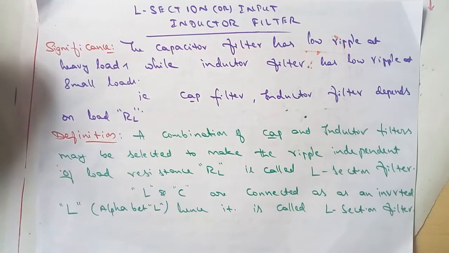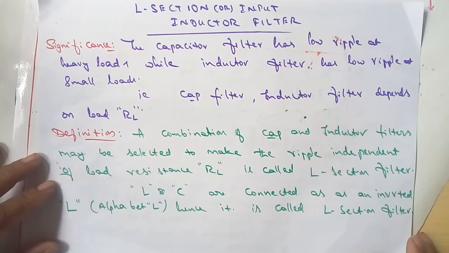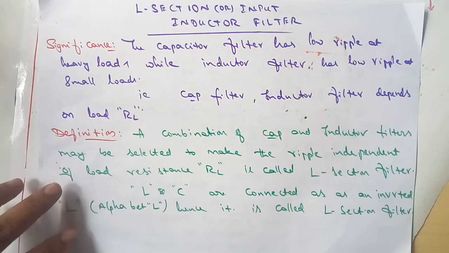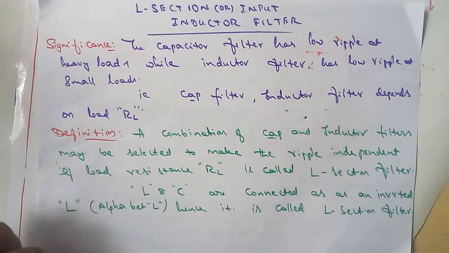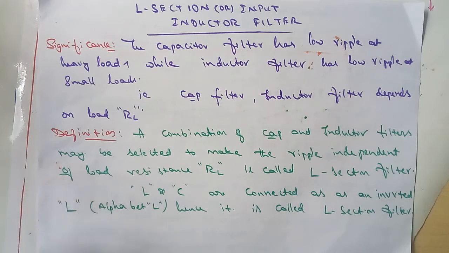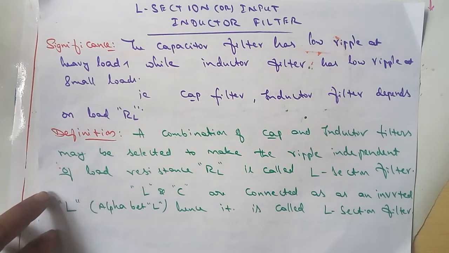Different filters we have already seen. The first one is the simple filter, the parallel capacitor filter, or simply the capacitor filter. When the capacitor is connected in parallel, what happens? It gives a low reactance path for AC, hence it gives the path for AC towards the ground. That's why the AC component is grounded, extracted, removed. Hence only the DC component comes towards the load.